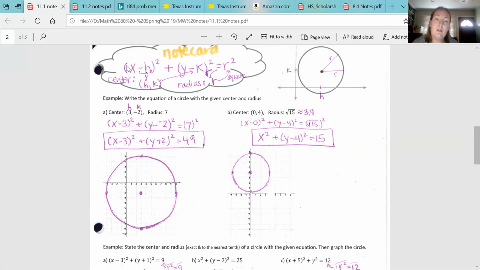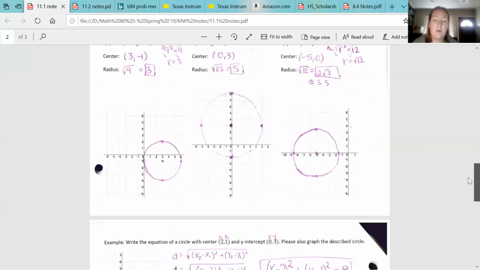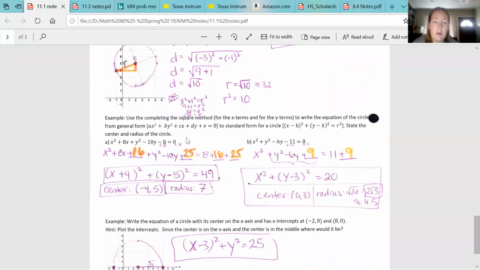So for circles, here is the standard form. There's also a general form. I'm going to come down here just to show you. So circles can be written in this form. It's called the general form. And this is a general form for any